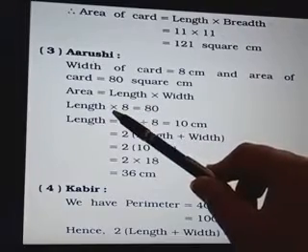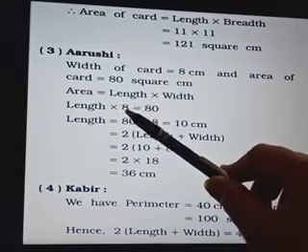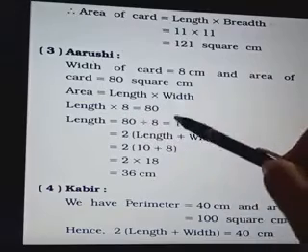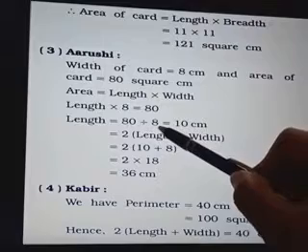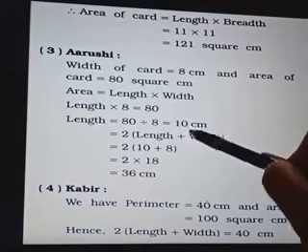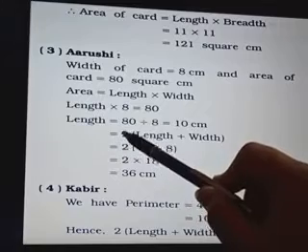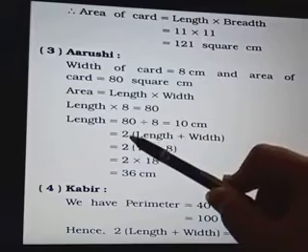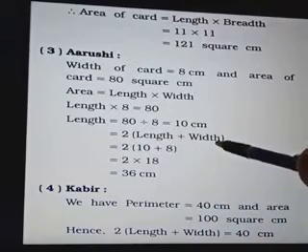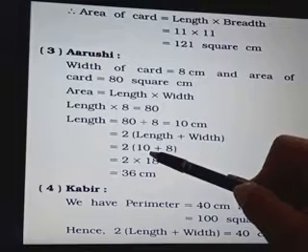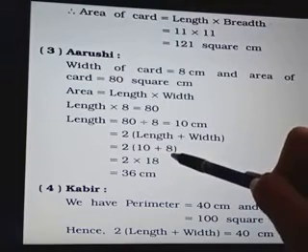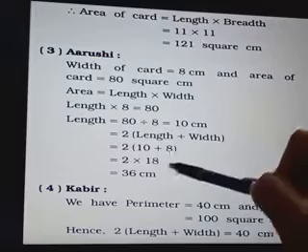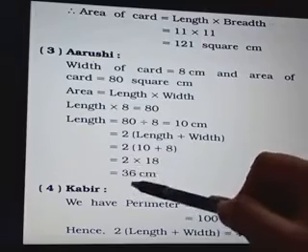Now 8 is given in relation multiplied, but when we change this side it will be divide. So 80 divided by 8, it will be 10 centimeter. We have got our length, so we will find the perimeter. 2 into bracket length plus width. Length we have got 10 centimeter and width is already given in our question, that is 8 centimeter. So 10 plus 8 will be 18, and when you open this bracket it will be multiplied. So 18 times 2 is 36.